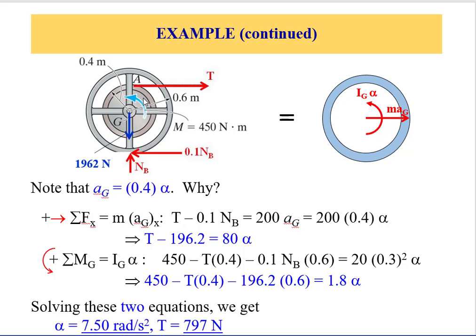So T multiplied by the radius, 0.4, that's the moment armed by the force. The moment of this force also tends to make this, according to this assumption, rotate clockwise. So it's negative 0.1 NB multiplied by the distance from here to here, which is 0.6. Okay, that gives us another equation. So we have two equations with two unknowns, alpha and T. Solve them, we get alpha is 7.5 radian per second squared, and tension is equal to